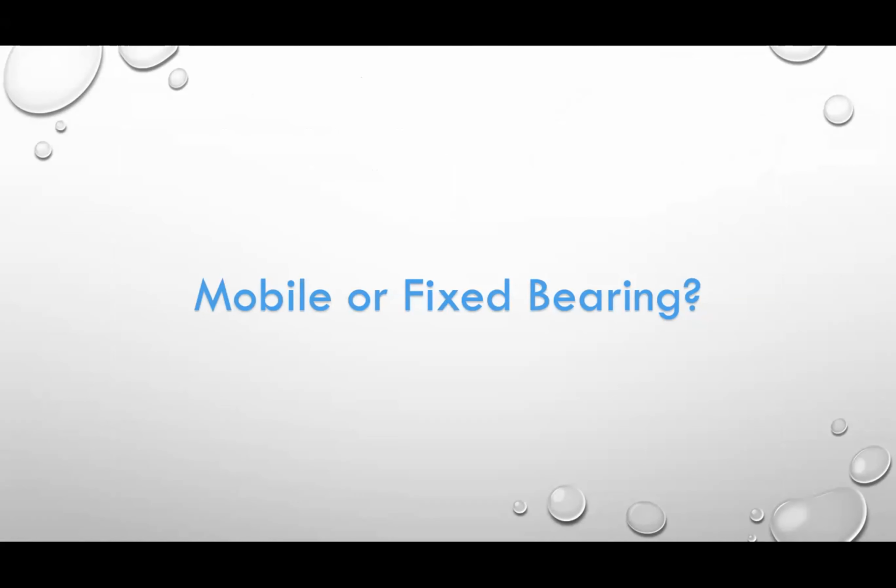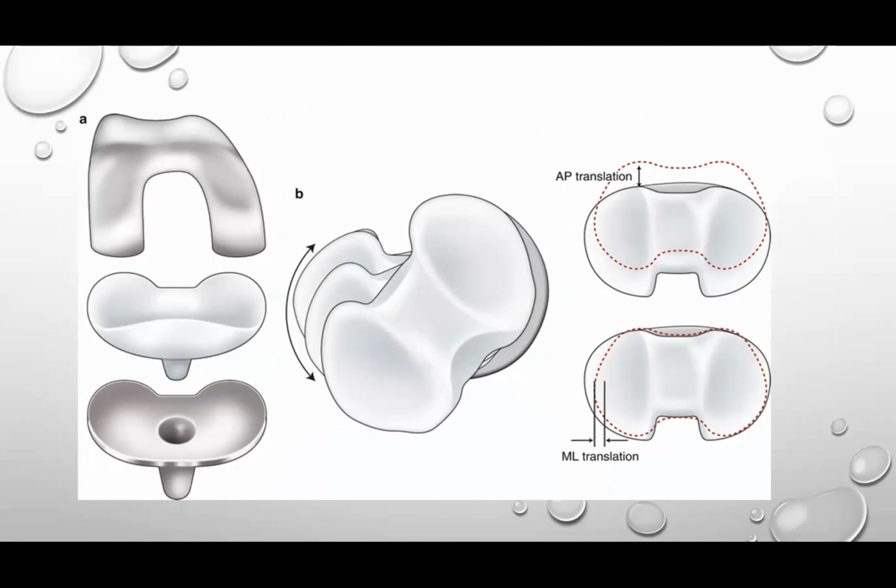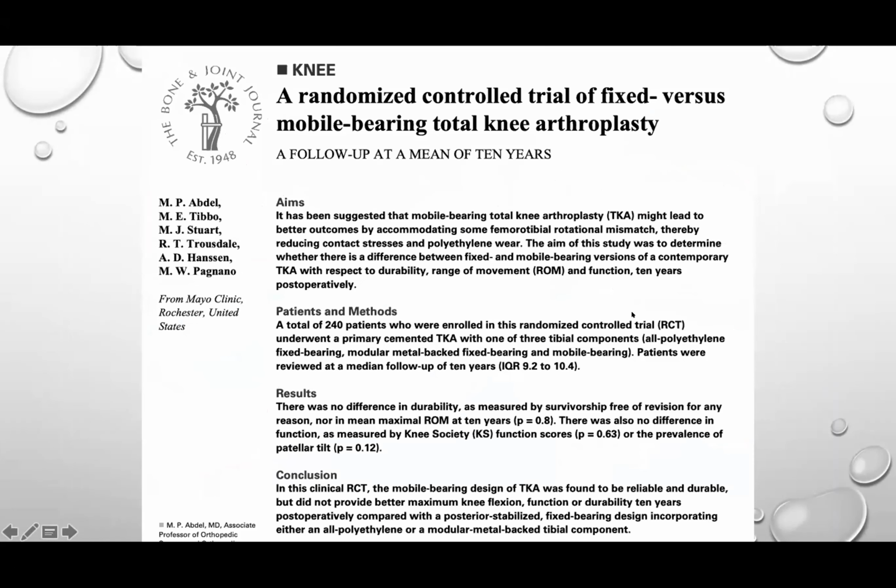Then, what would you select, mobile or fixed bearing? So theoretically, when mobile bearing devices came into the market, it was advocated that those kinds of implants allow for better range of motion compared to fixed bearing devices. They rely on the mobility of the polyethylene, trying to mimic the natural behavior of the knee joint while moving. So it allows some rotation of the polyethylene over the tibial tray, and some AP and ML translations. But again, when it comes to evidence, there's no difference,